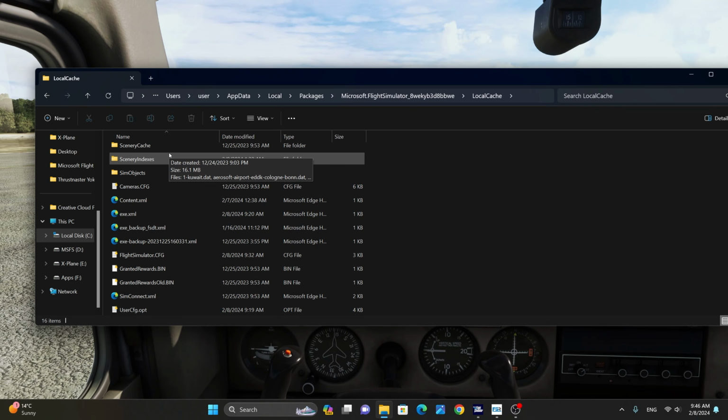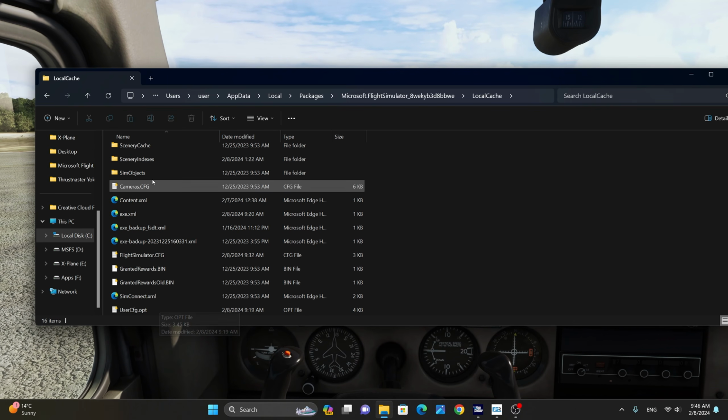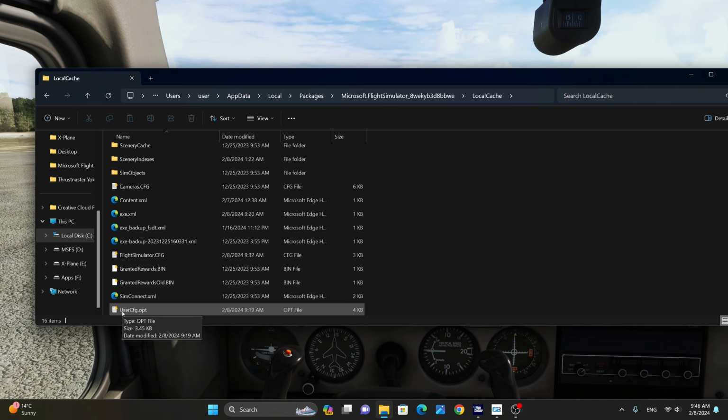The first thing we want to do is go to the user config file. This file is located under Users, your username, AppData, Local, Packages, Microsoft Flight Simulator, LocalCache. I believe this is for the Store version, and for the Steam users, I think this is located under Roaming, Packages, Microsoft Flight Simulator, LocalCache. You want to open the user config file by double-clicking on it, or you can right-click and open it in